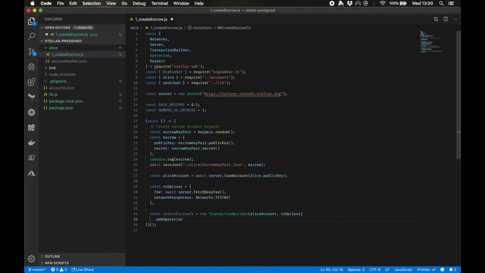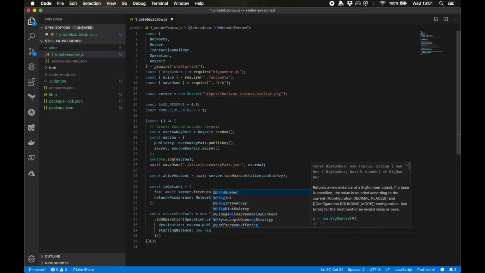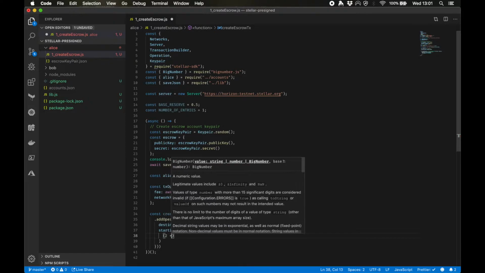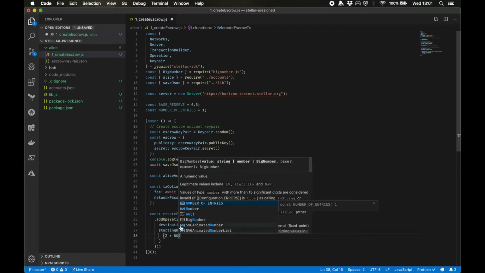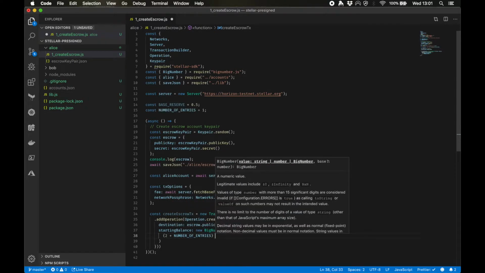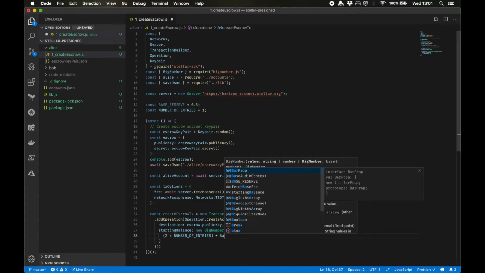So the operation will be an account creation. And the destination will be our new public key for this escrow account. As for the starting balance, there's some sort of a formula for that. I'm also using the big number library. It's a bit overkill in this case, but it can be useful and is also used under the hood by the